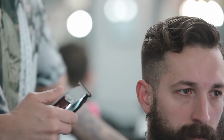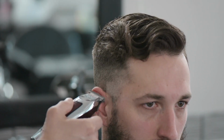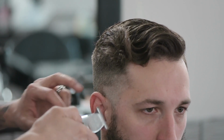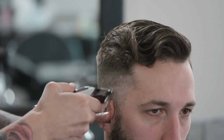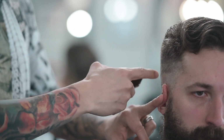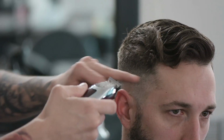All right, so now we're gonna be ready to use my Cordless Detailer LI, which stands for lithium ion. The Cordless Detailer LI has a 100-minute runtime. So what you're gonna notice here, once I give myself my little bit of a guideline, you can kind of see where I'm doing that here. Once I have that guideline,